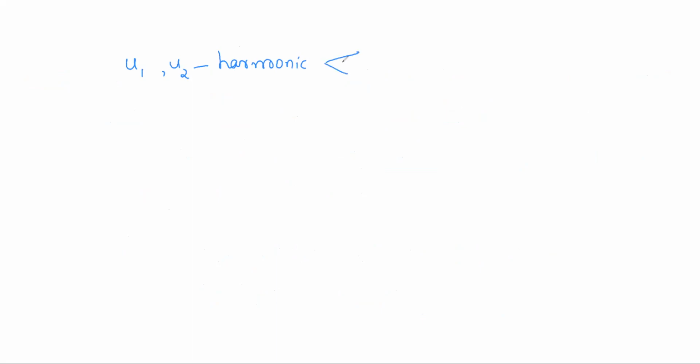U1 and U2 are real valued functions defined on complex variables, satisfying some conditions. So what are those conditions? U1 and U2 are continuous, their first and second order partial derivatives are continuous, and they satisfy Laplace equation, right? So now if I consider the definition of U1 plus U2 of Z, how we define it is U1 of Z plus U2 of Z, right?